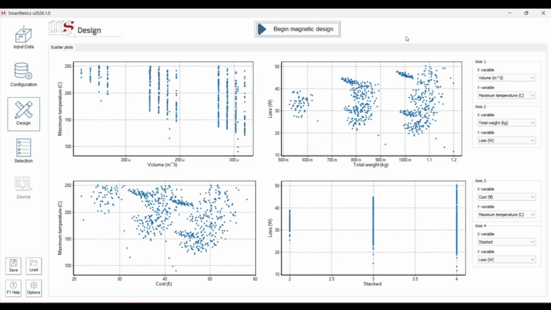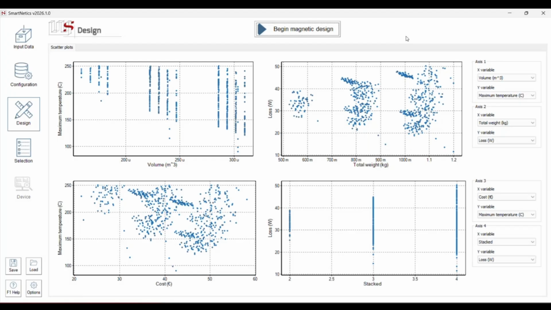For example, in some projects we need the cheapest one, in others we need the one with the lowest losses, or the one that is easiest to manufacture, or etc. Any possible definition of best. So what we do is we provide every possible combination of the parameters in the database that provide a suitable design. And then the user can select the one that they prefer based on whatever the definition is for best